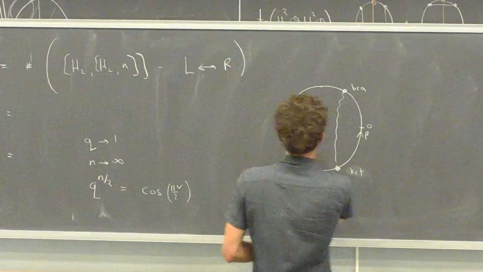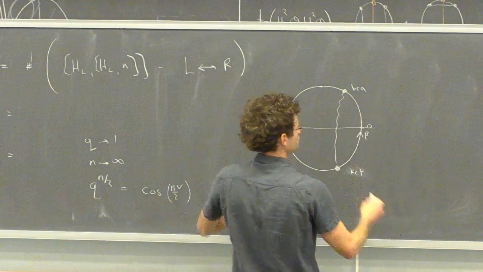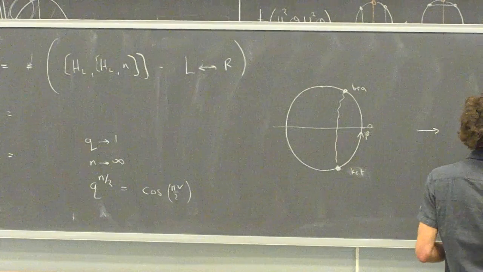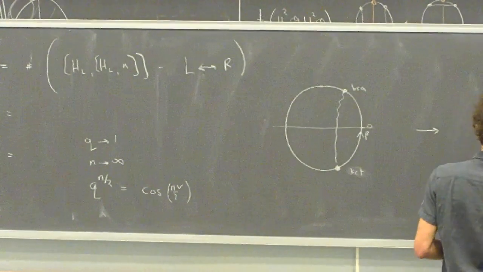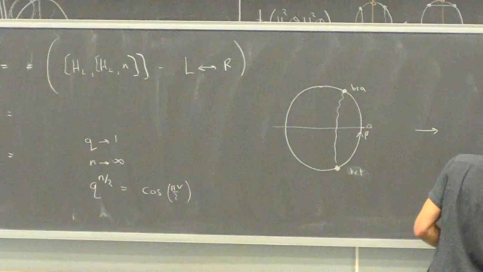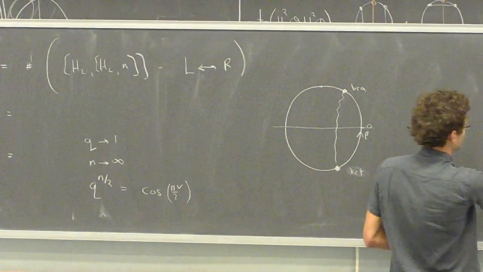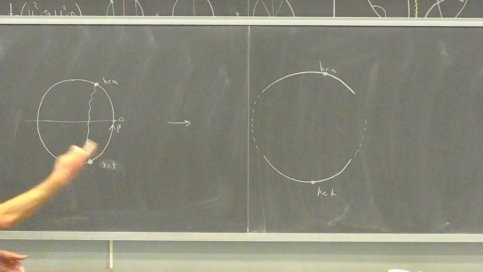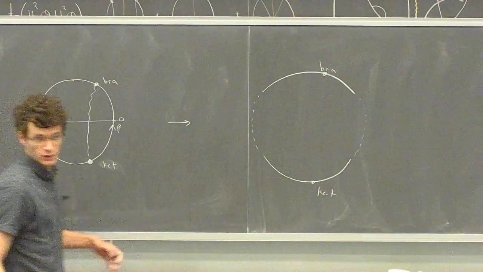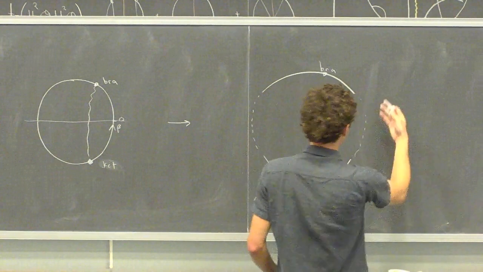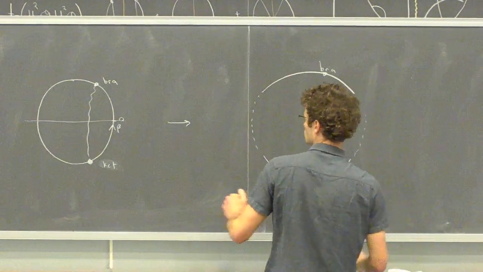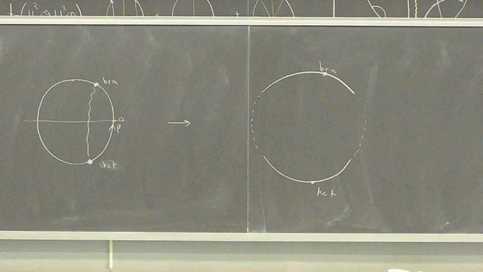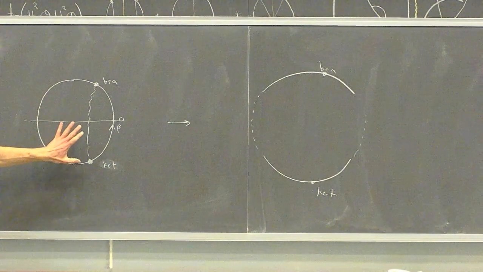Take this space and cut it in 2 pieces. Put the bra up here with the matter operator. Put the ket down here, and then add some filler to make a complete circle, where the length of the full circle is equal to 1 over v times the length of the portions that we cut from here. So it's a larger circle that you form by pasting together these halves with two fillers.